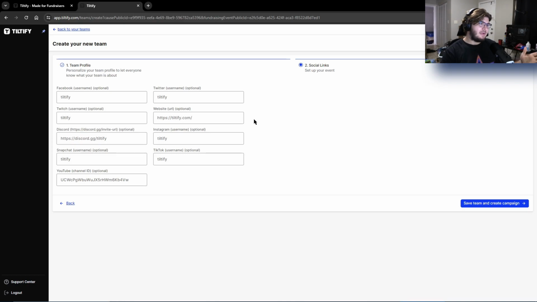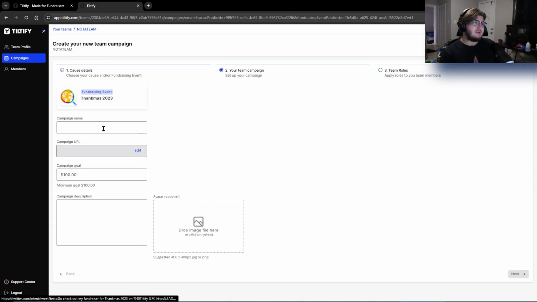and it'll automatically make the URL for you. Now, once you've done that, you don't have to do any of these names. You can literally do nothing and keep it completely blank, but it's best to do it now while you've already got the time to do it because you can see it. You know where it is. It's the second step to do. Save team, create campaign. After that, it's going to ask you what the campaign name is,